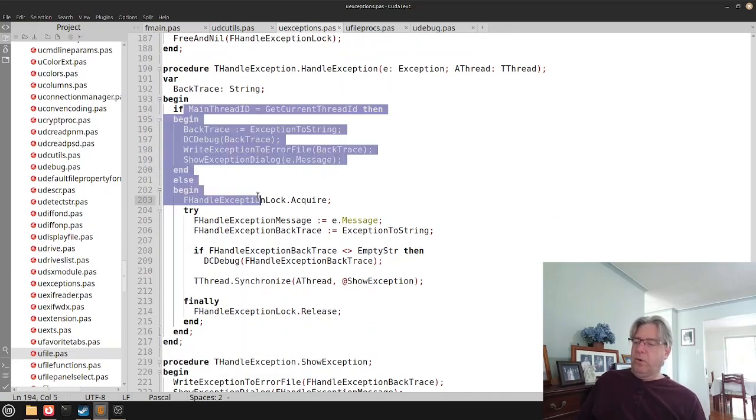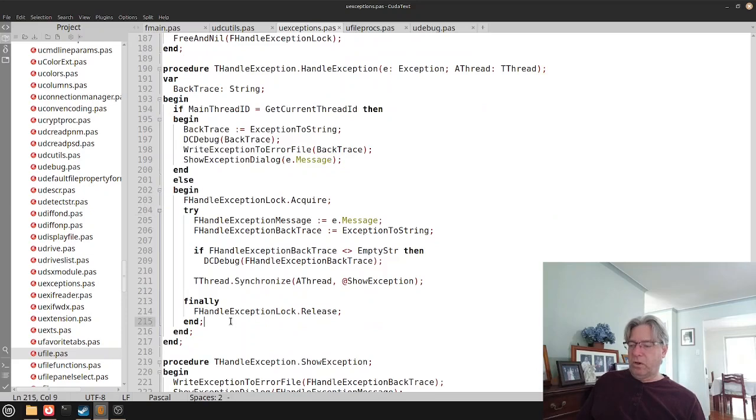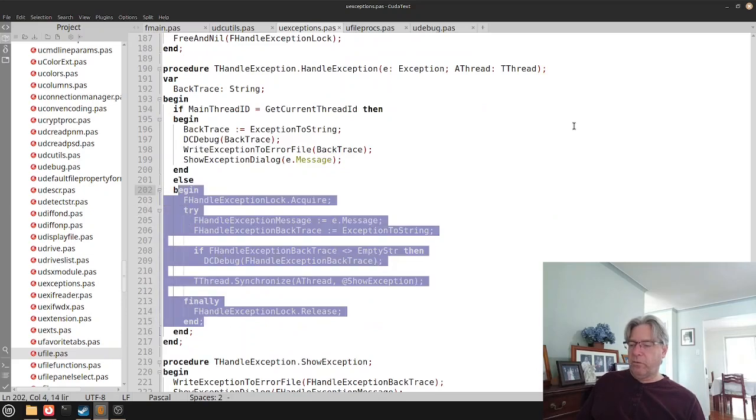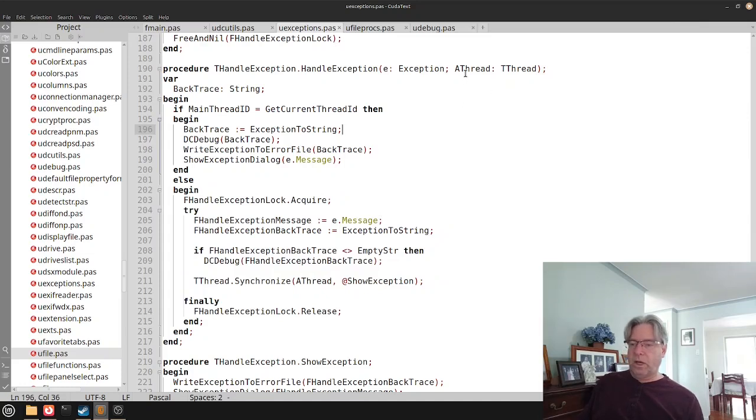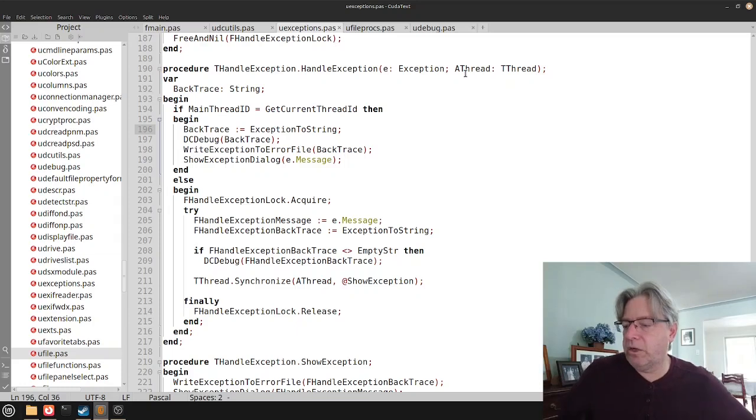So we've got code if we're in the main thread, and then we've also got some code here if we're running in the context of a thread. The main reason for this is that if you do have code that is running in the context of a thread, you do not want that particular thread to do anything user interface oriented. And you will see here that